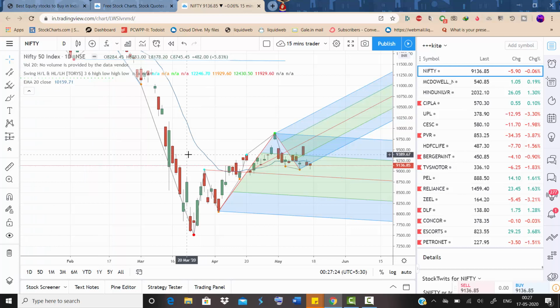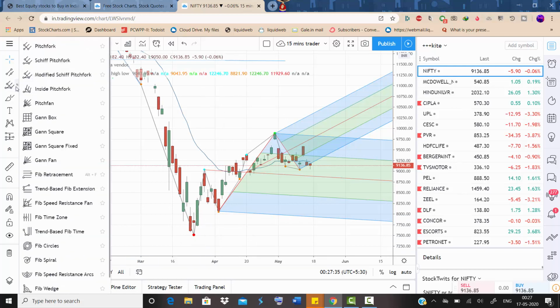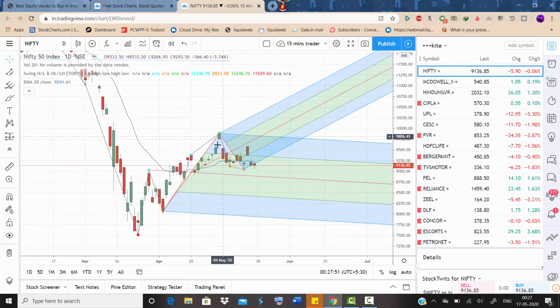To summarize, the stock moves from point A to B and B to C. If C doesn't go below the point A, then you should use the modified shift pitchfork. And if, in A, B, C, C goes just above point A, then you should use a normal pitchfork. You get the channel. So any bullish reversal at the higher end of this channel, closer to the edge, bearish reversal, it will strongly pull you down to this point.